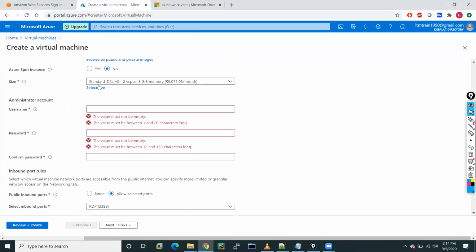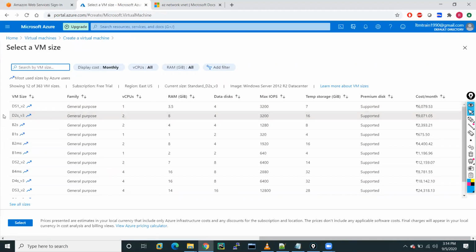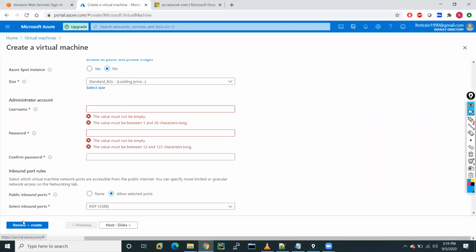Now in size you can select the size. I generally go with B2s, for which you have to pay around 2,193 rupees per month. Generally, Azure charges on an hourly basis.